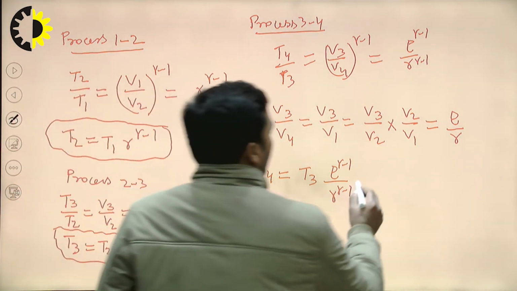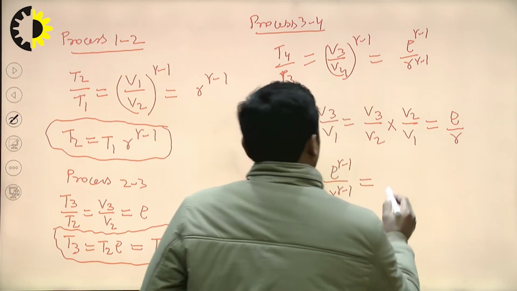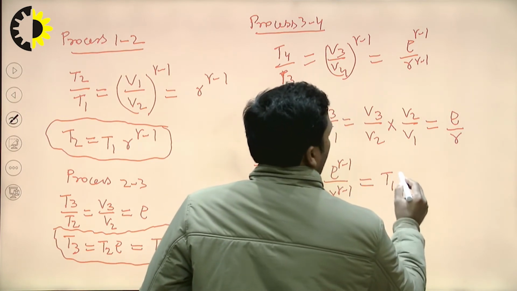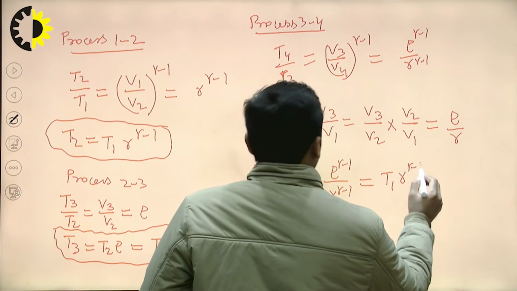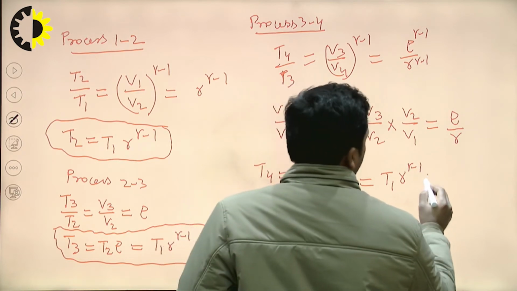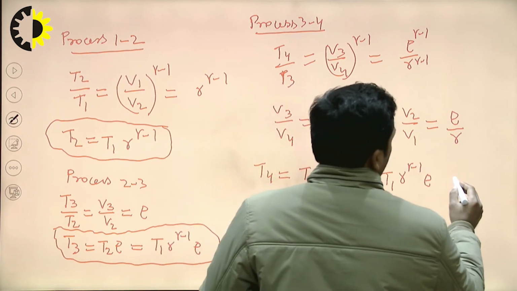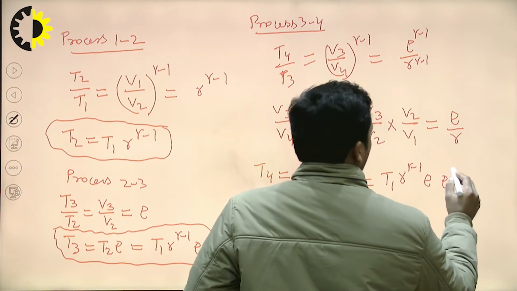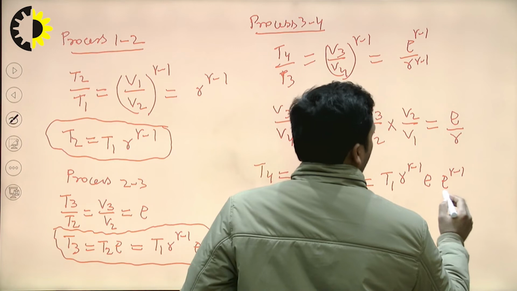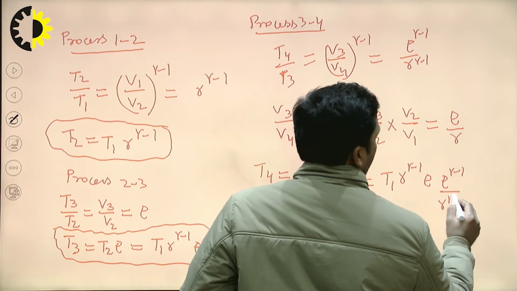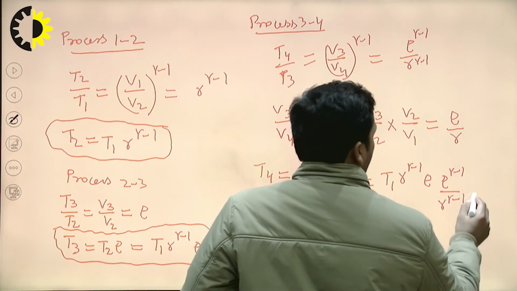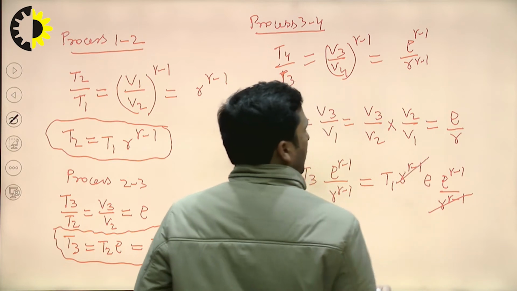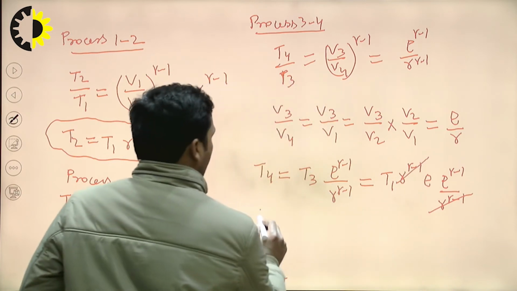If we put the value of T3 in this expression, T1 R to the power gamma minus 1 into rho, and already we have rho to the power gamma minus 1 upon R to the power gamma minus 1. So R to the power gamma minus 1 will cancel out, and T4 will be equal to